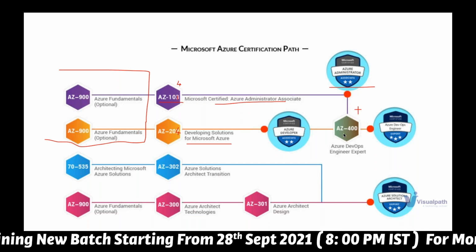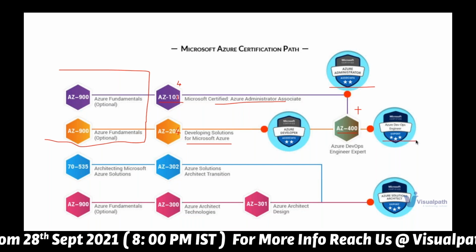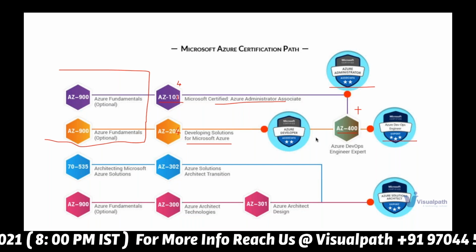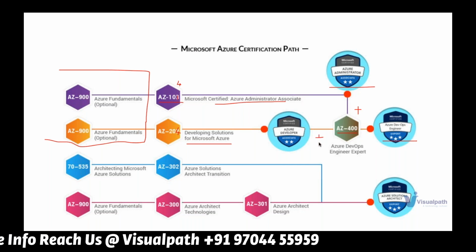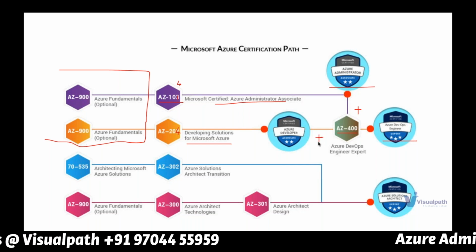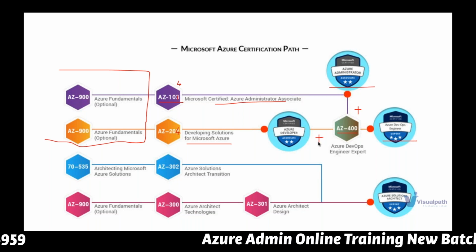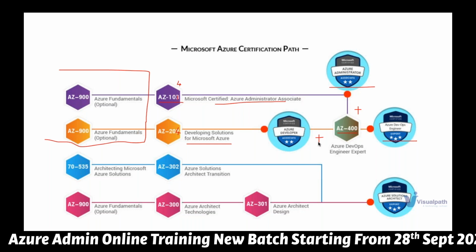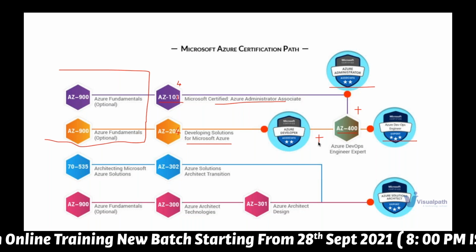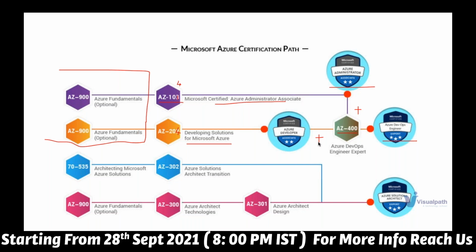So you can take it in this way, where you'll be certified as an Azure DevOps Engineer Expert. Or you can complete your Azure Development AZ-204 plus AZ-400, wherein you'll be learning the required contents of the Azure DevOps Solution Expert. Right, so this is one track for DevOps if you want to go through Azure DevOps. One through the admin and the other through the development.